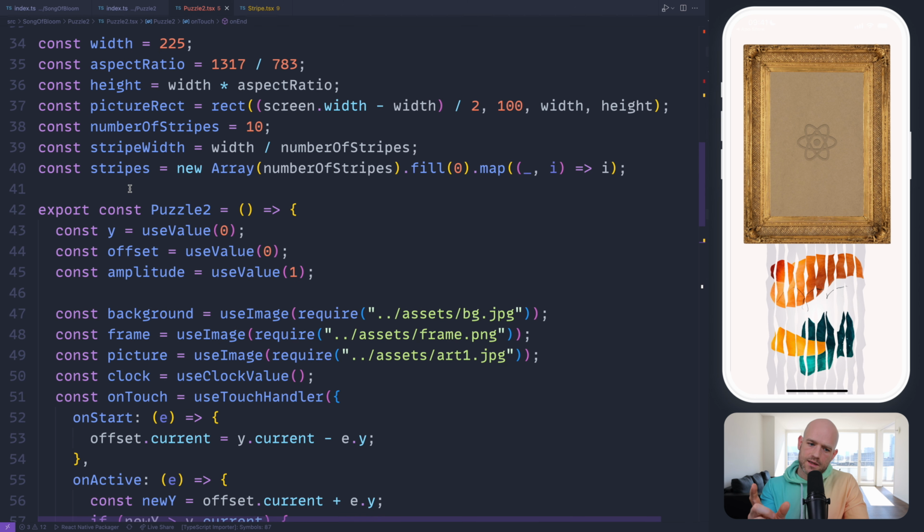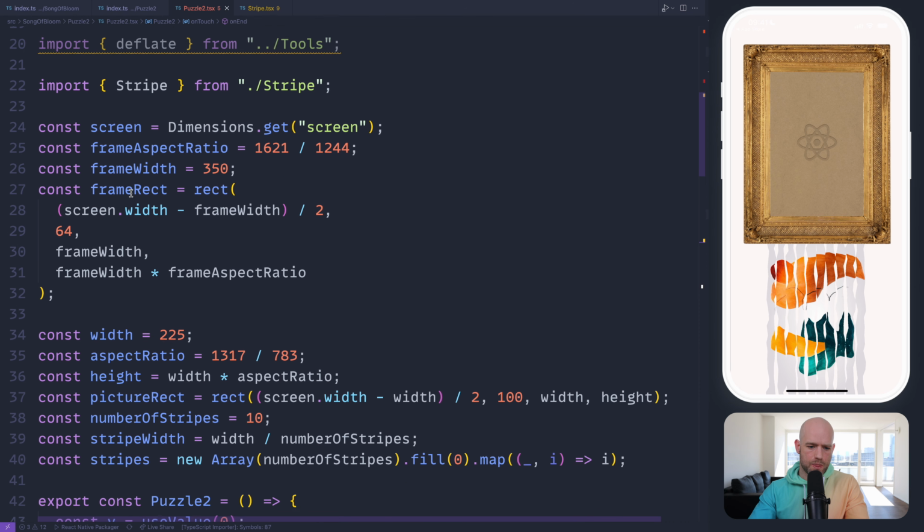So I want to create an animation value for the current stripe we're touching and what was the previous stripe we were touching, to see if we switched the finger from one stripe to the other, and trigger an animation that will make the stripe shake. And we make it shake by increasing the frequency.